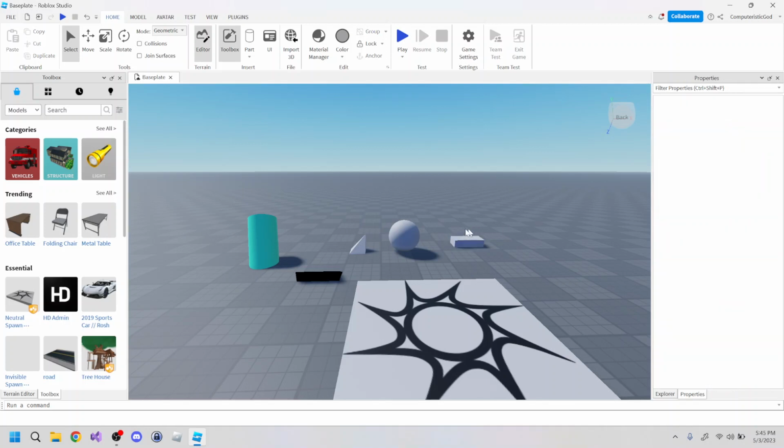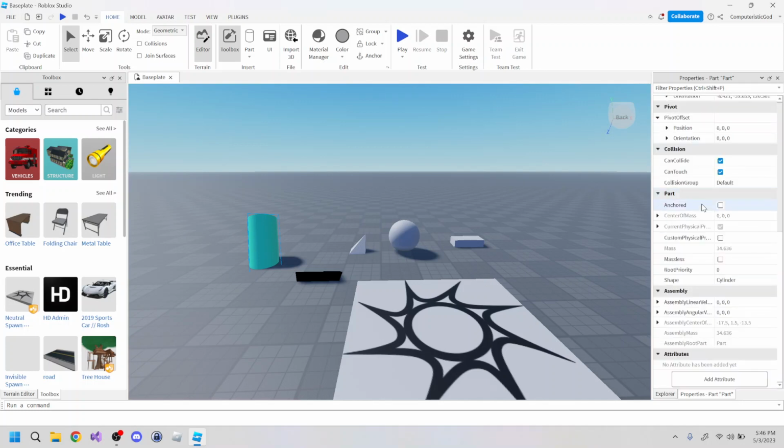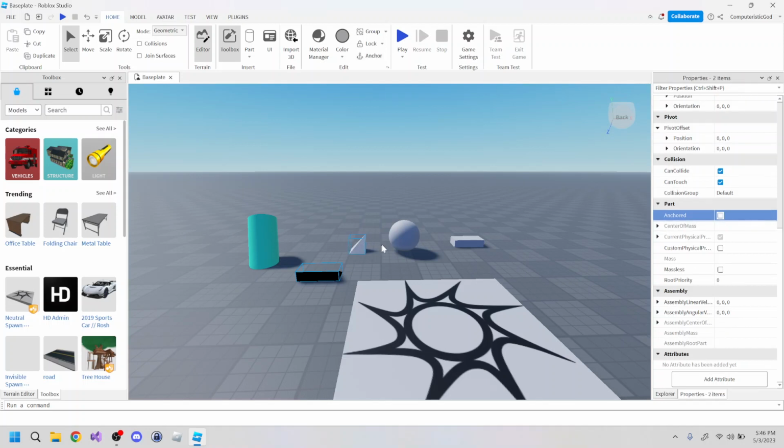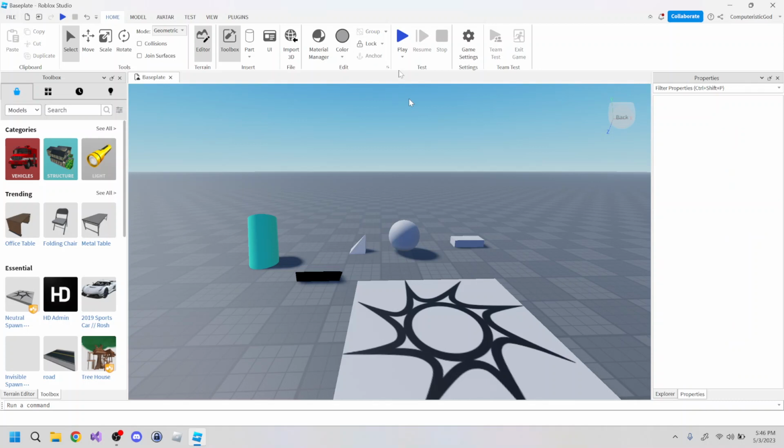Now back to the thing we are trying to focus on. Why are they moving? They are moving because the thing we have here in the part section is not anchored. So if we click on anchored, just select them all and click on anchored. Let's check if our cylinder is anchored. Okay. And now if we go and test it,